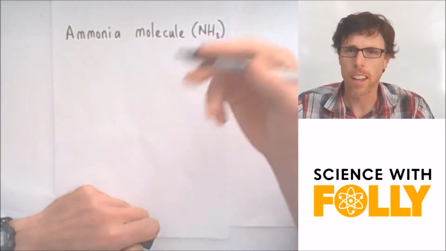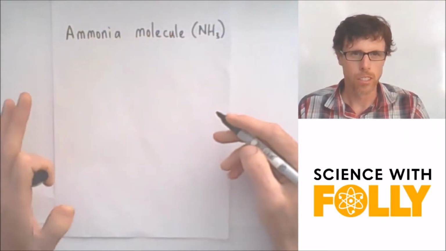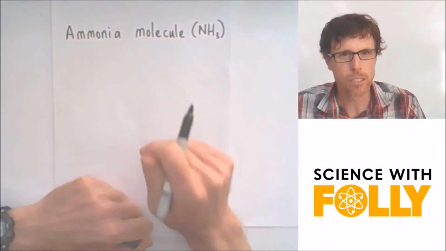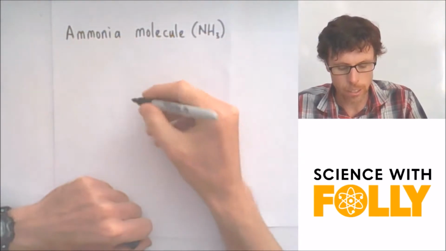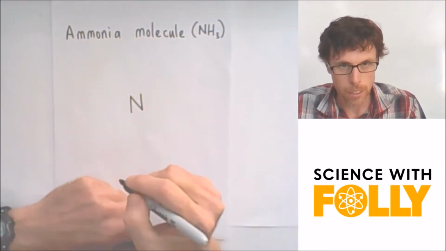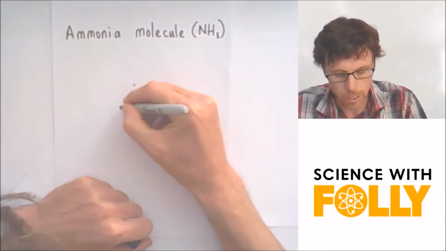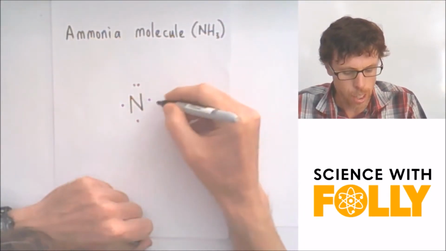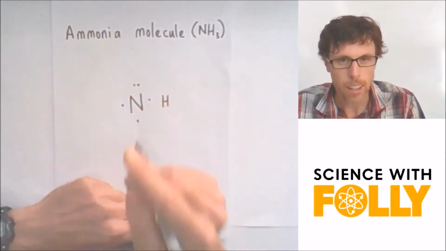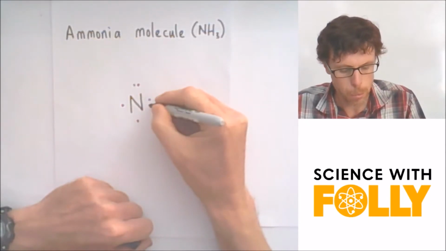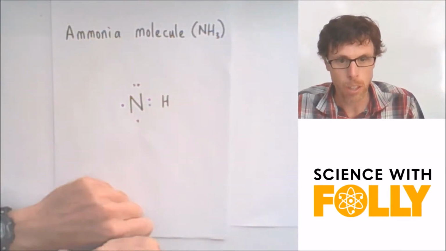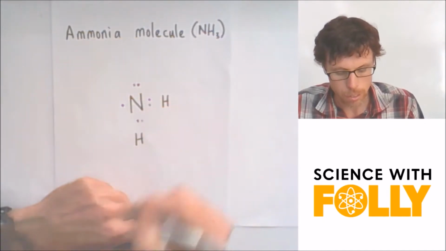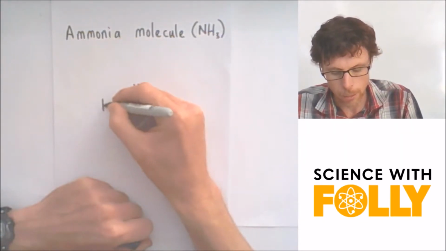So now let's look at how we use these Lewis diagrams to show molecules. Here's a molecule, ammonia. It's NH3, 1 nitrogen, 3 hydrogens. So we know how to do our nitrogen. 1, 2, 3, 4, 5, because it's got 5 valence electrons. Then it's got 3 hydrogens. We've got 1 hydrogen here, and hydrogen has 1 valence electron. I'm going to put it here, so it's going to share that one with the nitrogen. Then another hydrogen here, I'm going to put its valence electron there, and another one here,